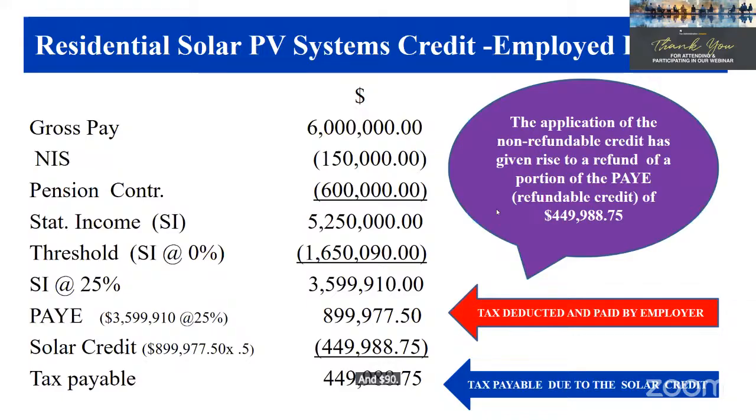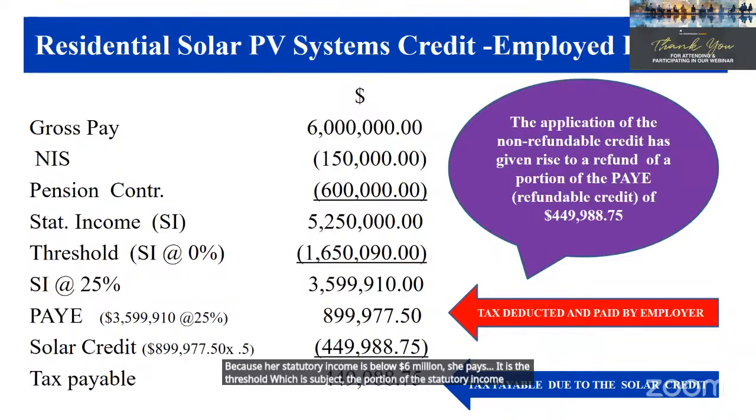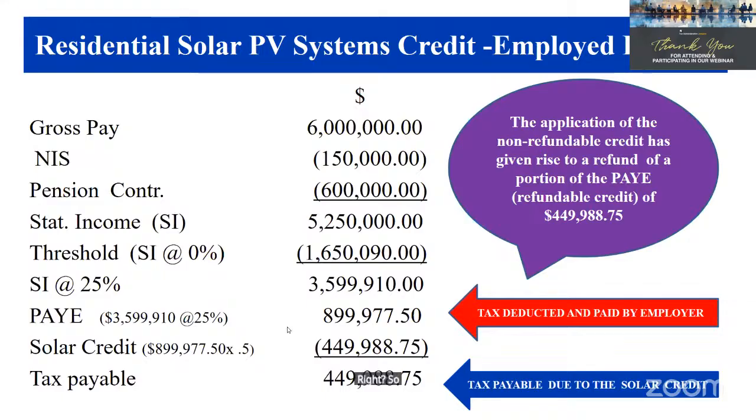Because her statutory income is below $6 million, the threshold is the portion of the statutory income that is subject to tax at 0%, and the 25% rate would apply to the rest, right? So 25% of the statutory income after accounting for the threshold, we see here, 25% of this $3.5 million is